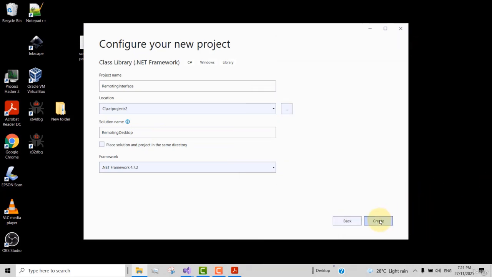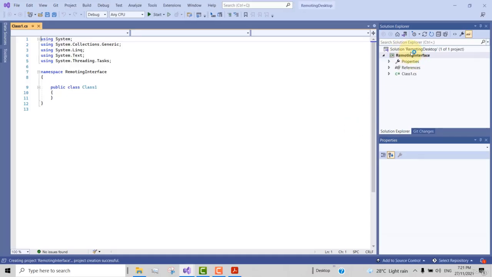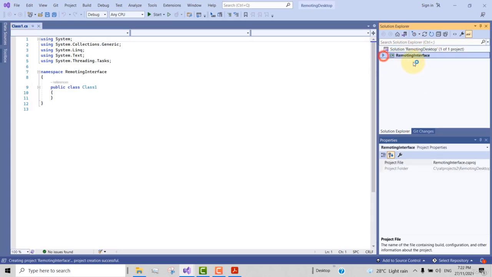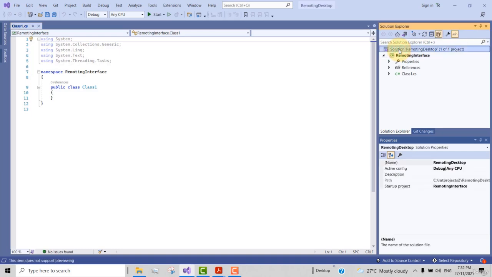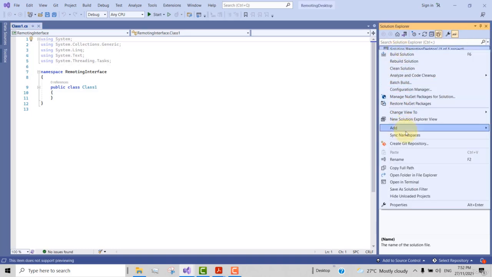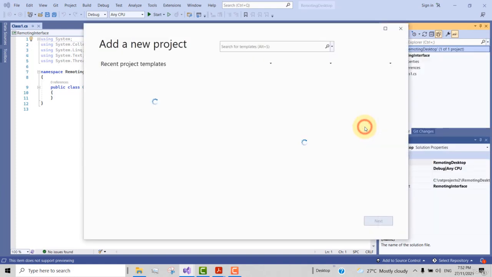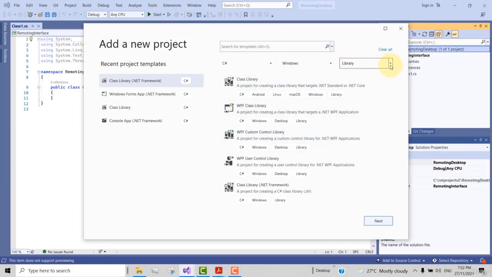So now click on the Create button, and now you will see here we have the container Remoting Desktop, which is called the solution, and inside it we have our first project called the Remoting Interface. Now we are going to add the other 2. The next project we are going to add to this solution, we will call it Remoting Server. Just right click on the solution, then scroll down and click on Add New Project, and then here select C# Windows,